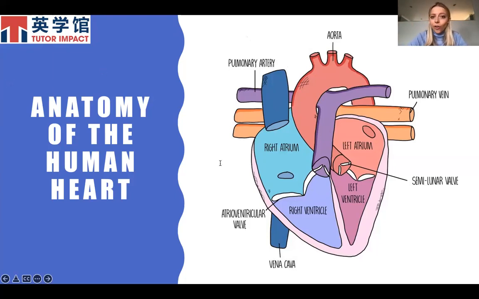So in contrast to what you would probably normally assume from looking at this diagram, the left side of the heart is always drawn on the right-hand side. So don't get it confused with the labels. The left-hand side of the heart is always drawn on the right-hand side. So you can see on this diagram here that the left-hand side of the heart is on the right side of the diagram. And the reason for this is because when it's in the body, it's on the left-hand side